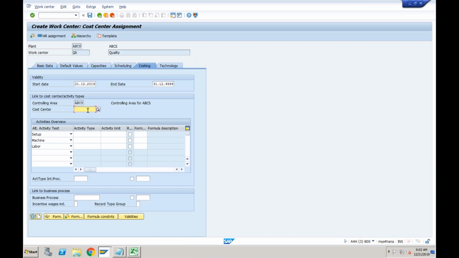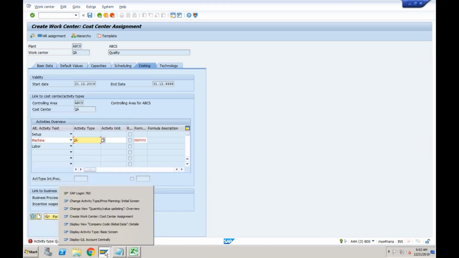Specify the cost center. So this is going to be the QA cost center. And again, let's say quality is also performed with a machine. So the activity type for quality is QA. Okay, and the formula would be again the same for machine. Enter. The system is again telling you, have you provided these rates? Have you told the system which cost center provides which activity type? We have not specified, right? So what we need to do is again,